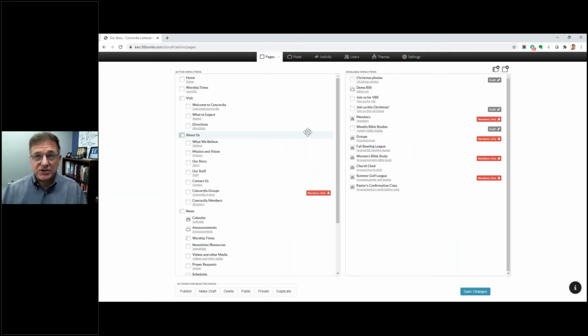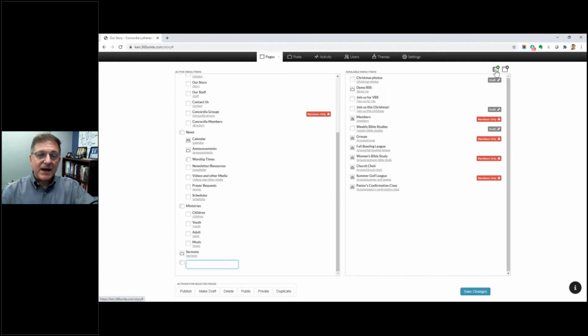So I'm back to my page view, and let's say I want to add a page now. A couple different options for you. And you see these on the right side with a little plus button next to them: add category or add page. So if I were to add a category and I click into this, that now moves it over to my active menu items. And it provides another category for me to do. And I can type in here, let's do,